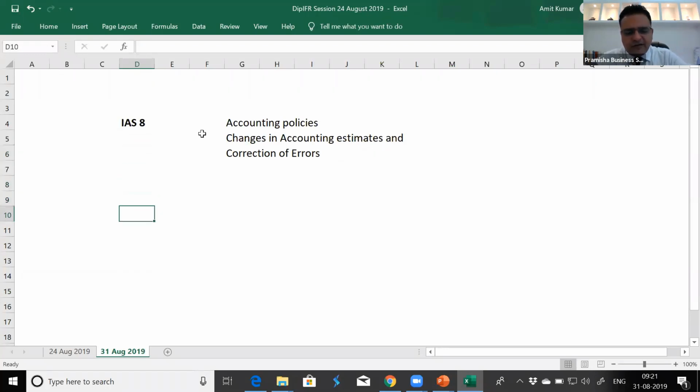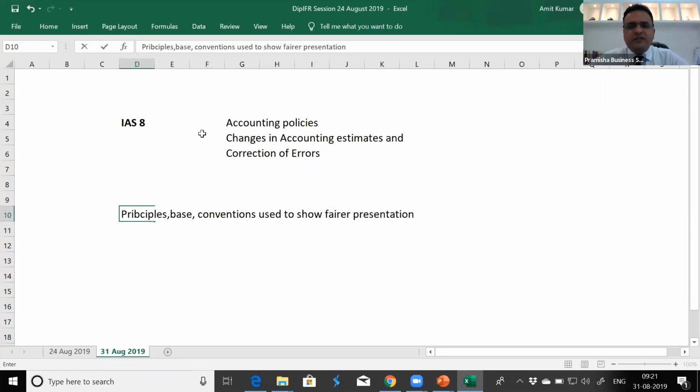So what is an accounting policy? Accounting policy is the principles, bases, conventions used to show fairer presentation. The main idea behind IFRS is fairer presentation. If you're able to present your financial statements fairly, it doesn't mean that it has to count to every penny.